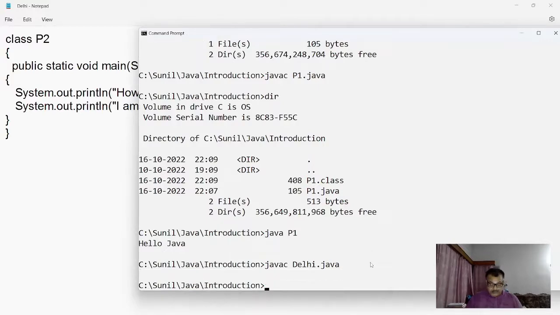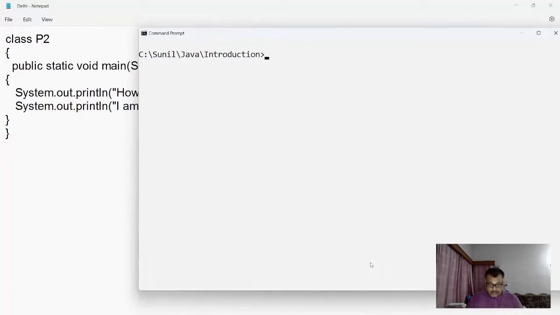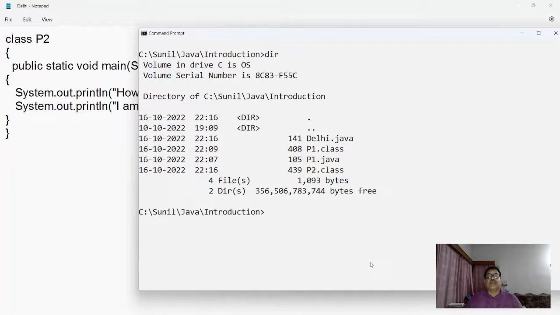Please check one thing before the execution. Like this, dir. Your source file name was delhi.java, but there is no delhi.class. Actually, you are getting p2.class.